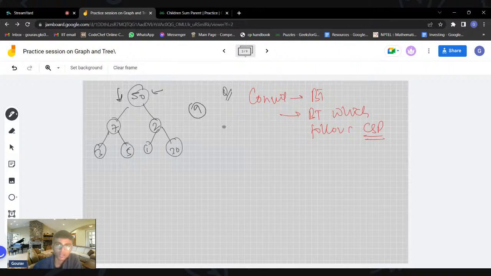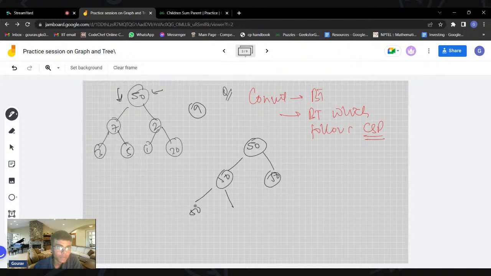Let me say that I do something like this. I put a 50 here, which is the root. I again put a 50 here, and again a 50 here. It means that I incremented 7 to 50 and 2 to 50. Now I again find the sum. The sum is equal to 3 plus 5, which is less than this number.